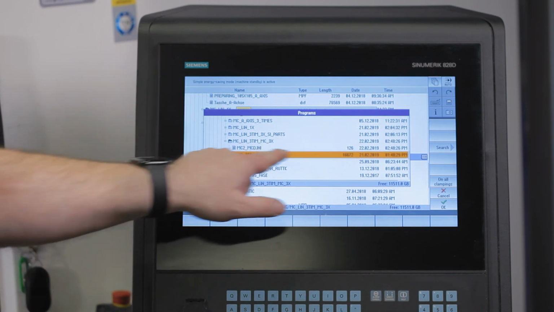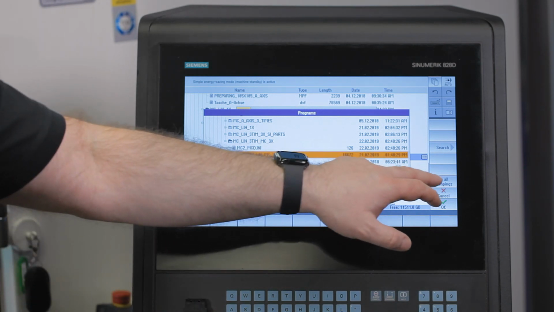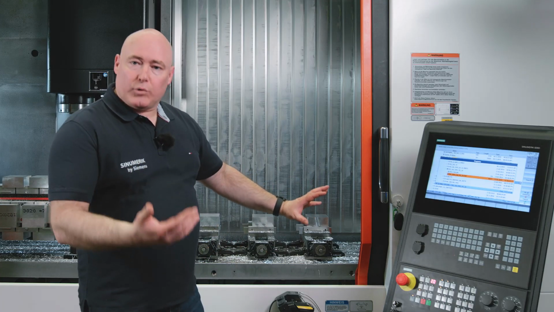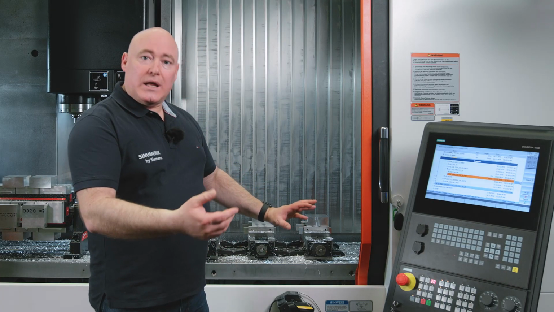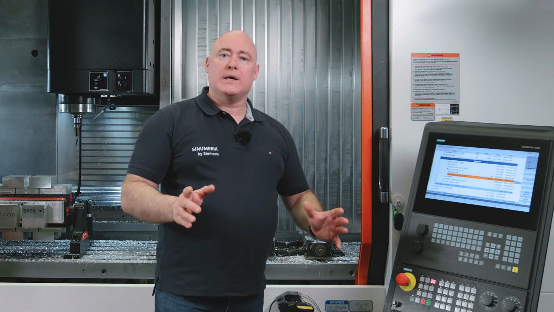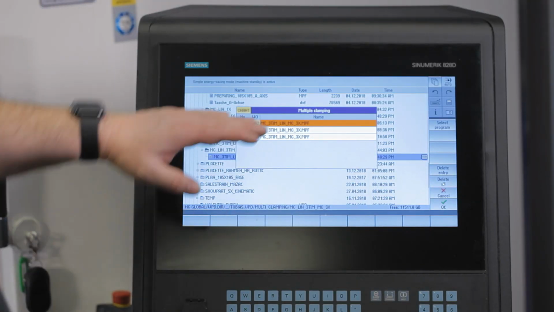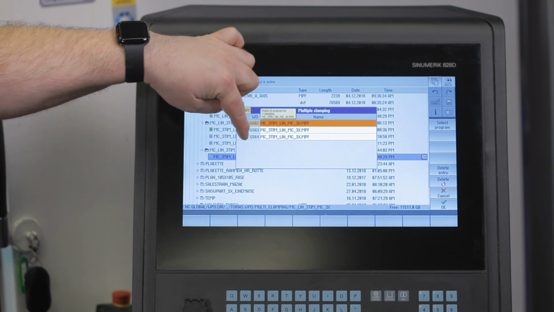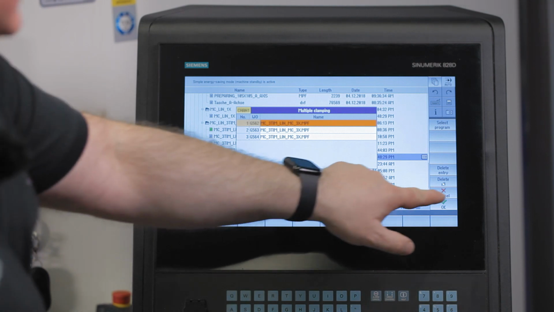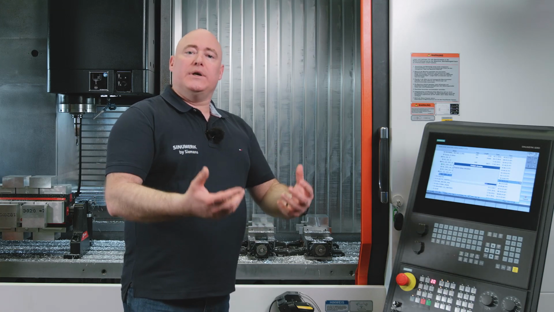In this case, it's this program. And there's another advantage. We can say on all clampings, which means that 3 identical programs are copied. Of course, we can also integrate completely different programs into the optimization. In our case, we select on all clampings and you can see the individual 0 points where the 3 programs are going to be placed. Next, we say OK, and the program calculates and optimizes the tool change.